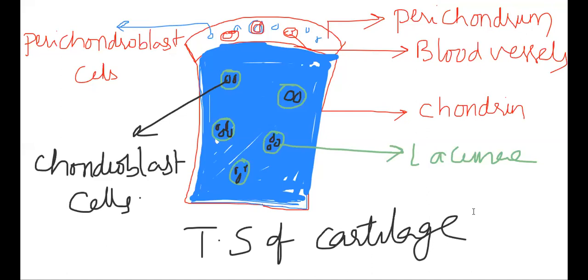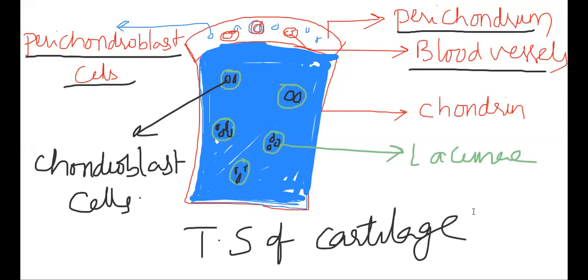In the transverse section of cartilage, the cartilage is surrounded by a membrane called perichondrium. Perichondrium is richly vascularized, that means blood vessels are present. The cells of the perichondrium are called perichondroblast cells. The matrix of the cartilage is called chondrin. Empty spaces in the matrix are called lacunae. Lacunae contain 1 to 4